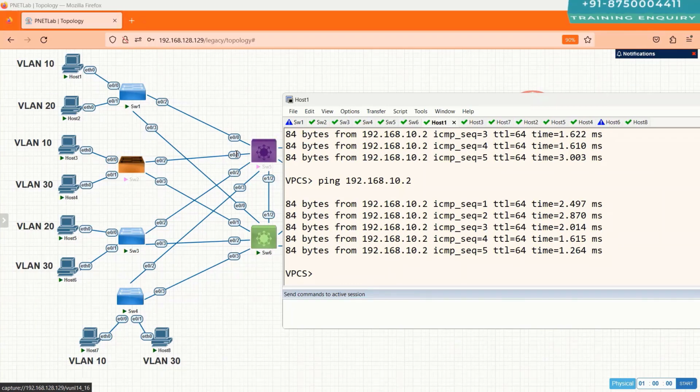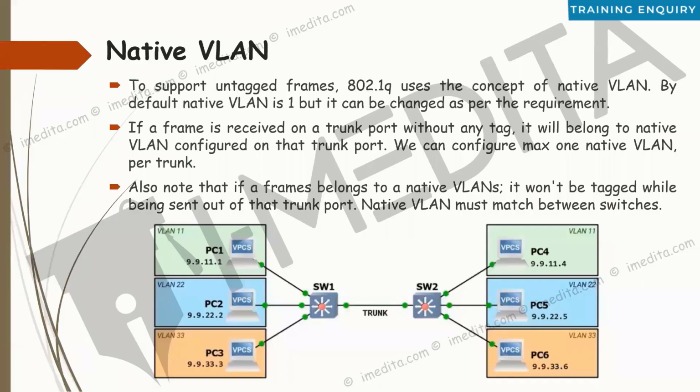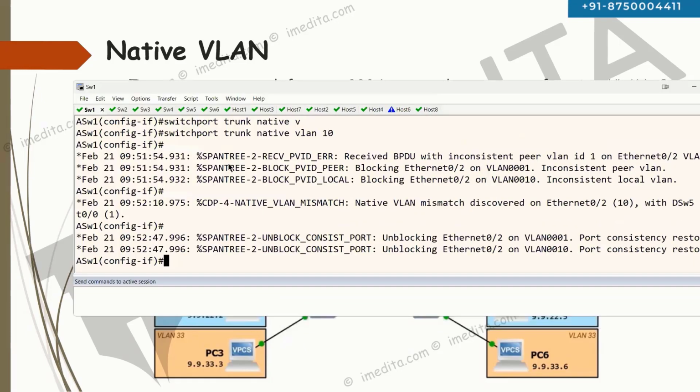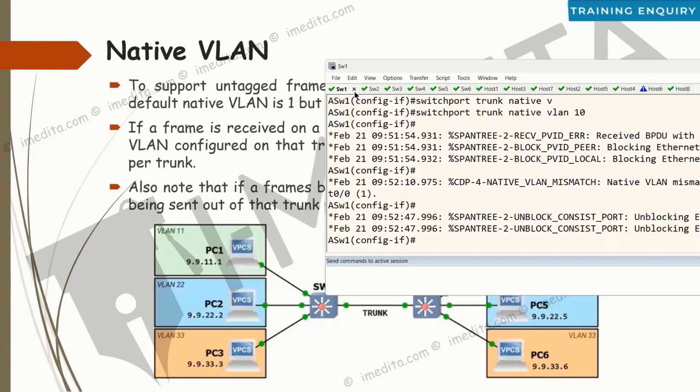So to support the untagged frame, we can have the native VLAN concept, which was very popularly used before the voice VLAN came into the picture. But nowadays, it's not that popular. It's more like a vulnerability, so it's always recommended that you configure any random VLAN as the native VLAN on the trunk link, or maybe let's say you are using a certain VLAN for management, you can configure that as the native VLAN. But remember, if the attacker gets to know about that VLAN, it can still perform attacks based on the same. The best solution will be, whatever configuration you want to do,